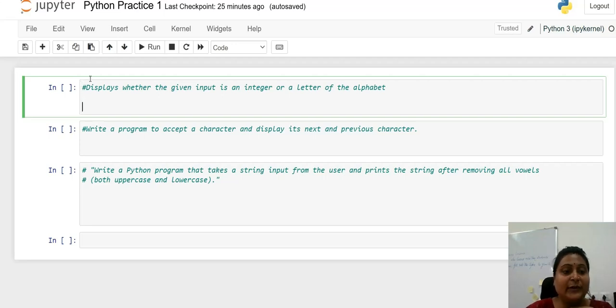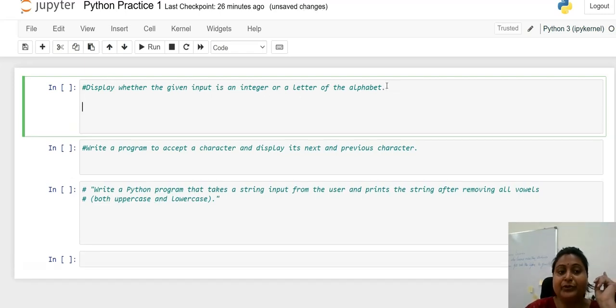So here in the first question it asks you to display whether the given input is an integer or a letter of the alphabet. Before you start any of the questions, it's always important, doesn't matter if it's a one liner question, a case study question, or a 5 pages question, you need to understand the question and keep writing what you understand. It says display whether the given input is an integer or the letter of the alphabet. Given input means it wants me to take input. So I'll be using enter